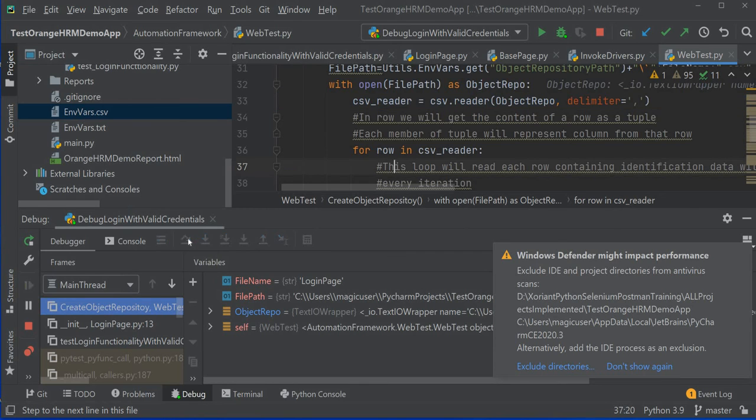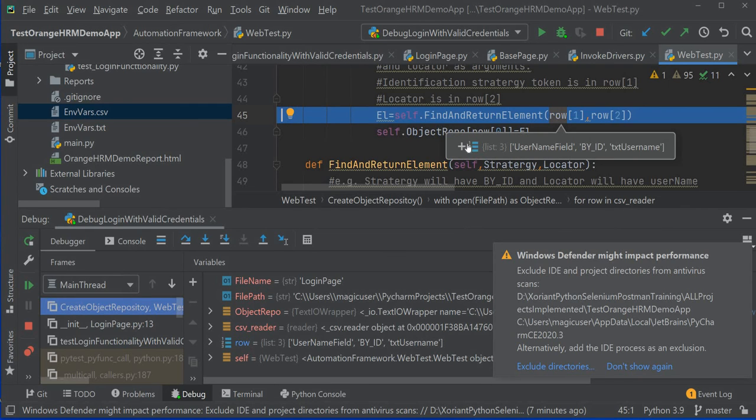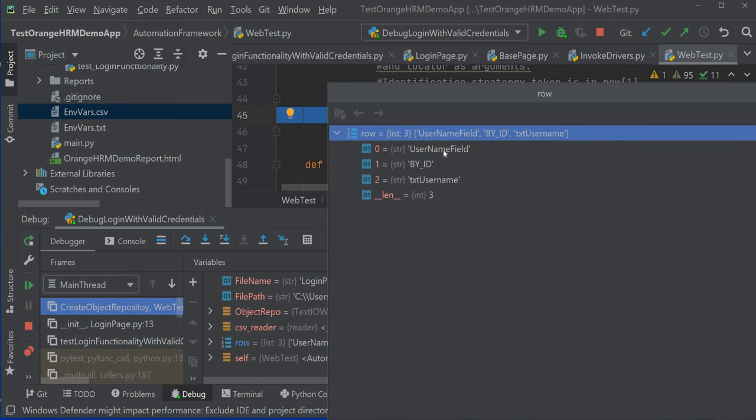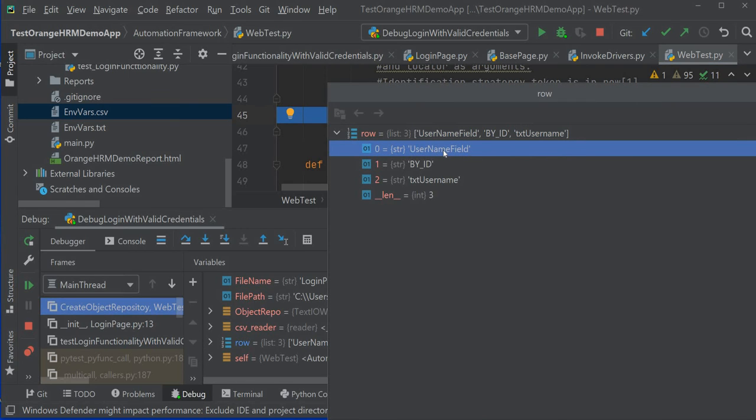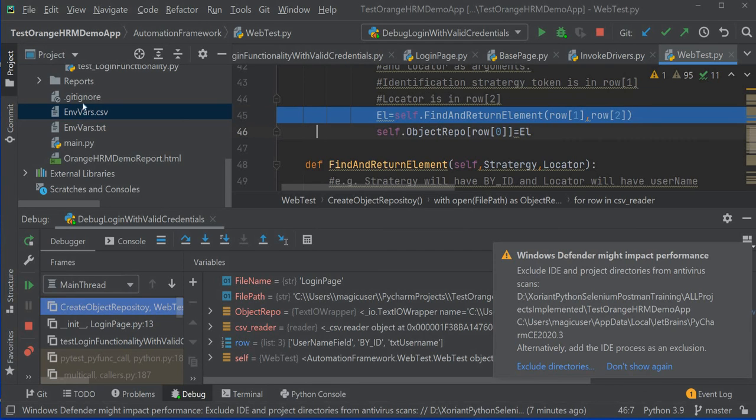So step over, and then you can see here row. In this row we have got username field, 3 sections. We have got 3 sections after splitting the line with comma: username field, by_id and txt username, right? That's what we have got.